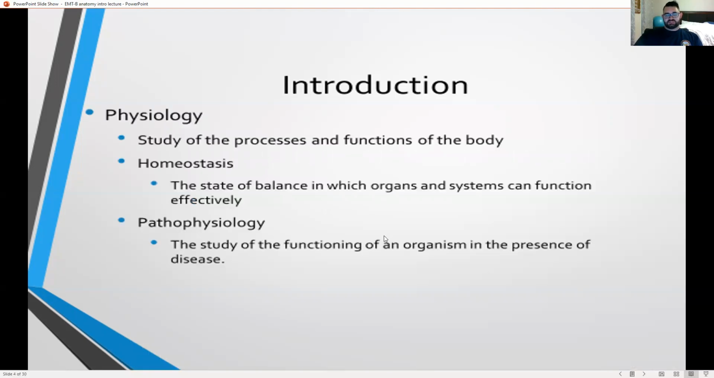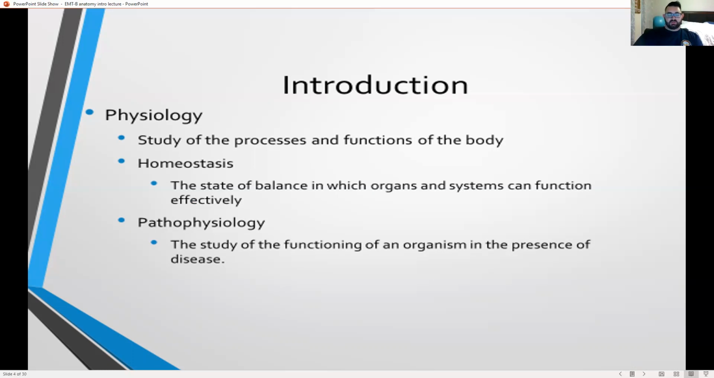So physiology is the study of the processes and the functions of the body. So how the body works and why it does the things it does. So homeostasis, this is an important term. The state of balance in which organs and systems can function effectively. The body wants to work correctly. It's always got a system of checks and balances going back and forth, balancing itself to work in an inline